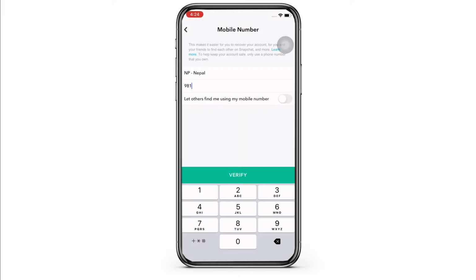Tap on that and in order to delete the mobile number in Snapchat, you will have to erase the existing mobile number and add a new one as Snapchat does not allow their users to completely delete their mobile number from the application. So go ahead and erase the existing number and further enter a new mobile number and tap